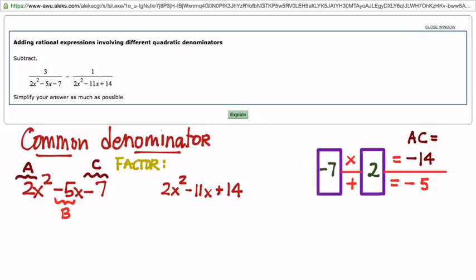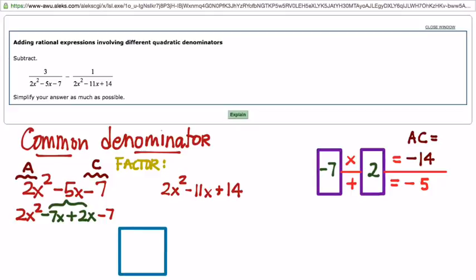How about negative 7 and positive 2? So there is the winner of our AC factorization game in this example, which allows me to split the middle term into negative 7x plus 2x. And then from there, my favorite way of proceeding is just to put our little factorization grid together and put it together in a way